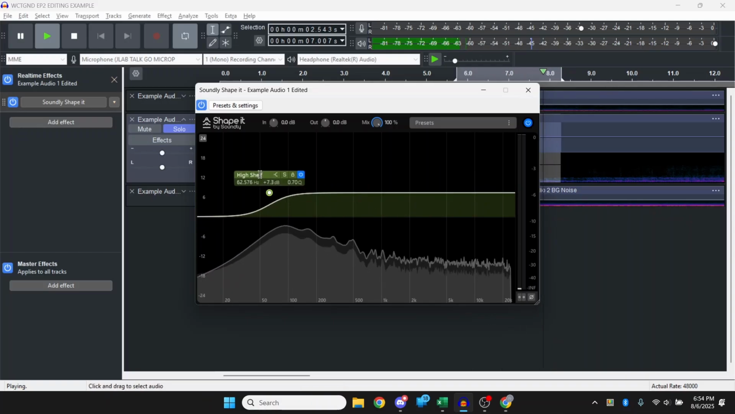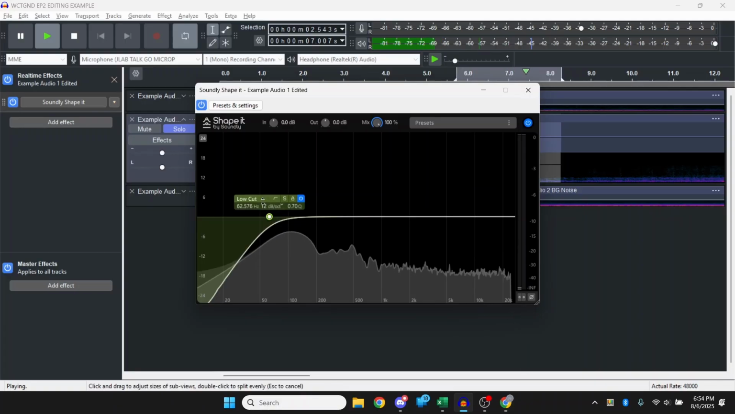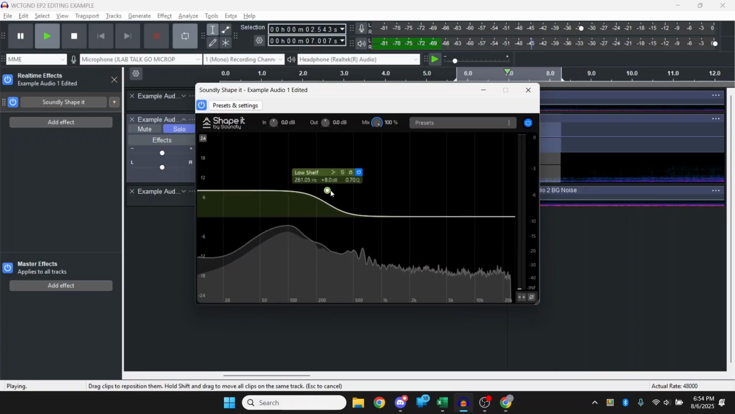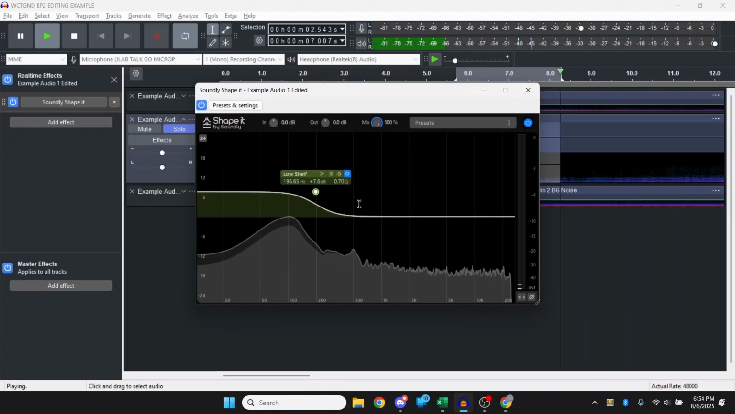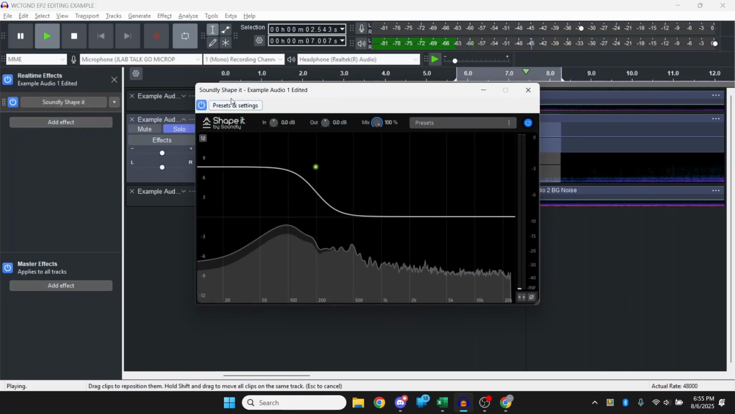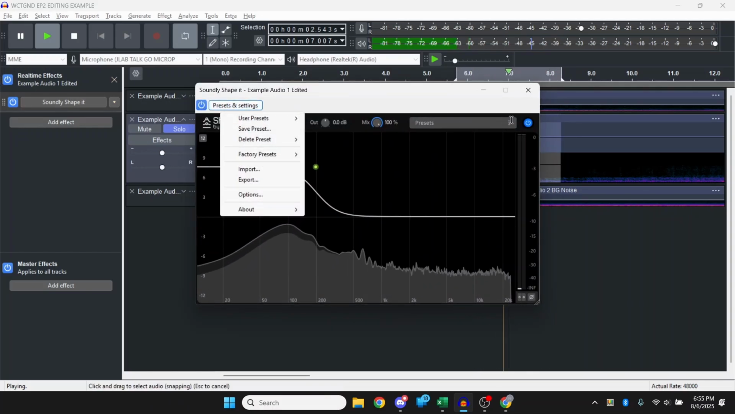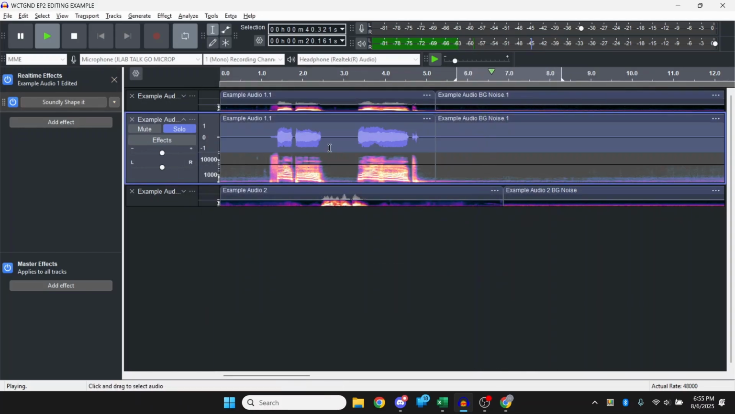Maybe you have a mic that doesn't record low-end very well, and I need to boost your bass a little bit. This is where I would add in all these effects, like that. And then what I would do is I would actually save this as a preset, and then I would apply it to your entire audio